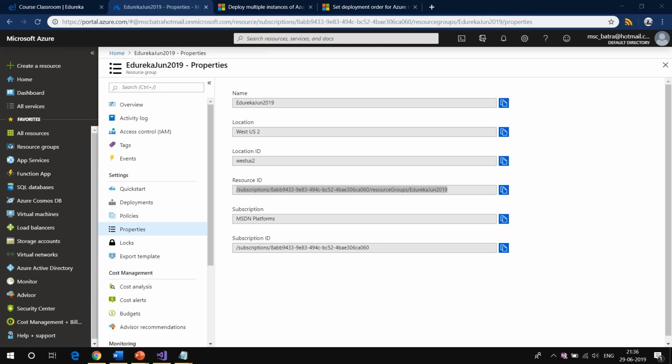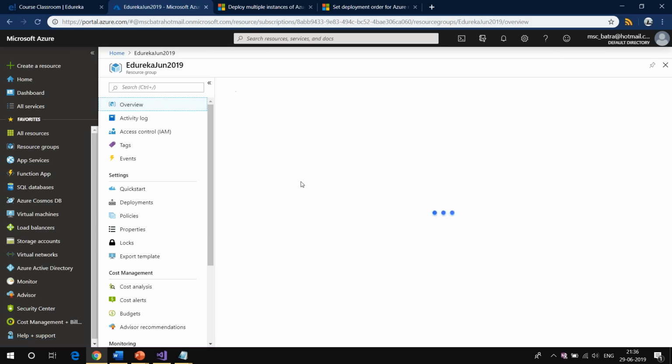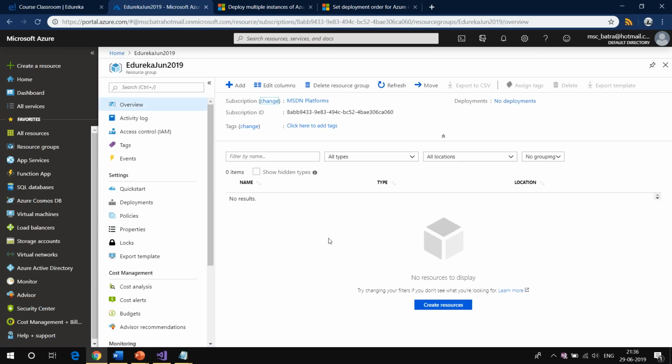Robert is saying, does it help with budget? Good point, Robert. I think that is very, very important. Whatever resources you keep in a resource group, when you are paying the bill, you can see which resources are consuming what amount. For example, if you are an administrator or the lead of the team, you can say, I'm giving three resource groups, one for development, one for UAT, one for production.